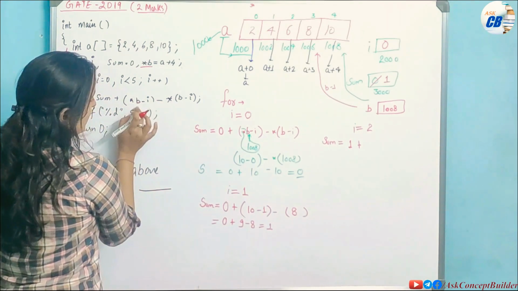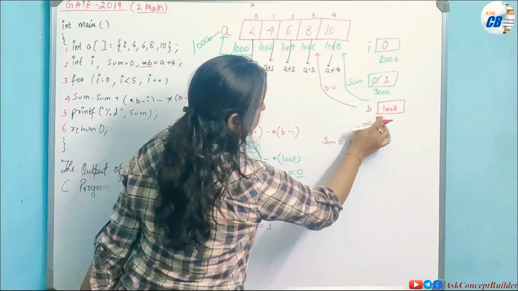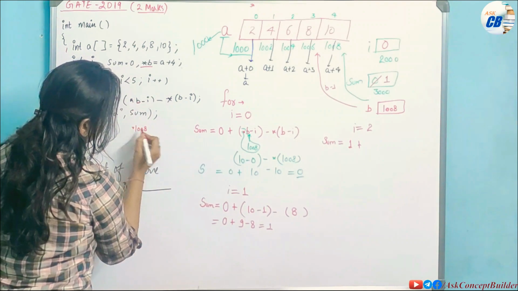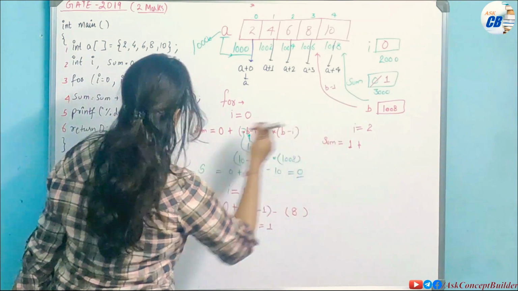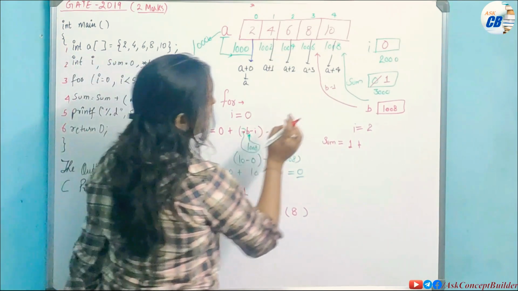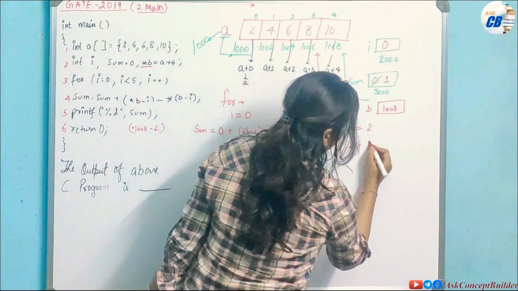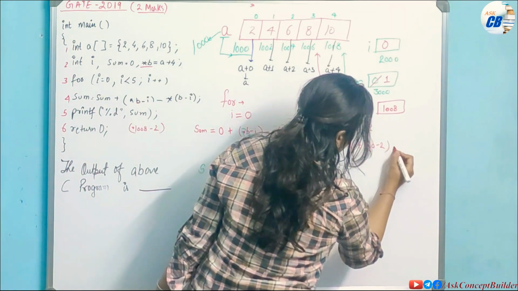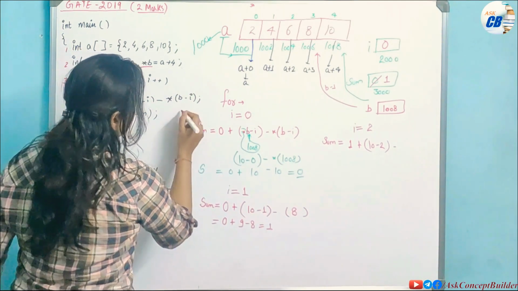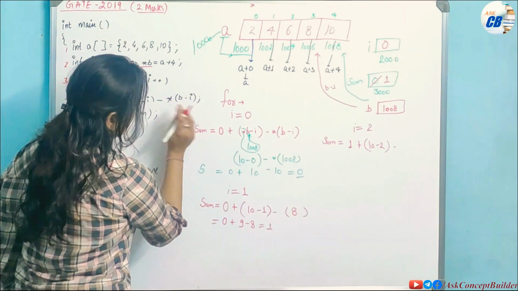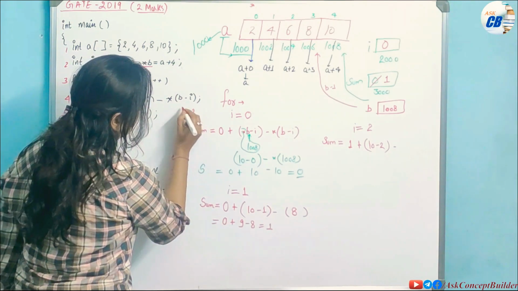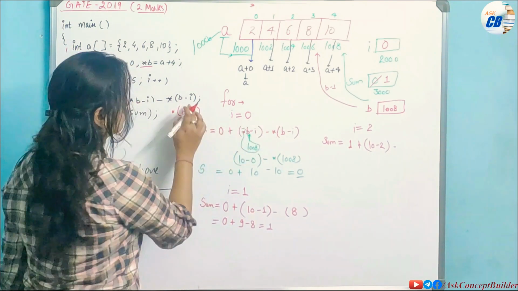Now see, star b minus I. Again b is 1008 only. So the value at 1008 minus, now I has become 2, so 1008 minus 2. This is the statement. Now the value at 1008 is the same, 10 minus I where I equals 2. Again we have to do minus of this star b minus I. Now b is again 1008, and the value of I is 2, so this is b minus 2.